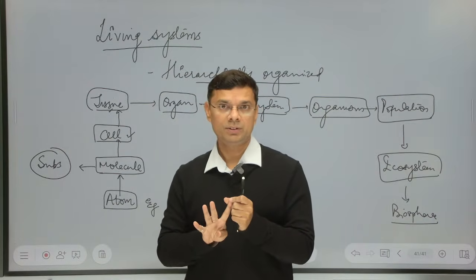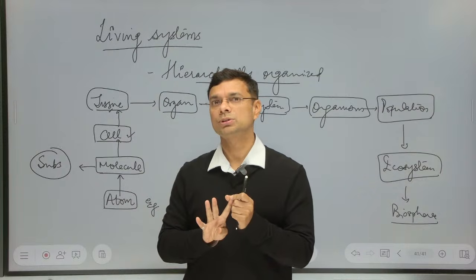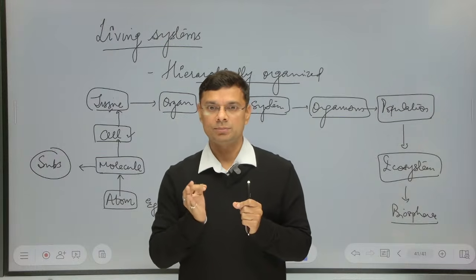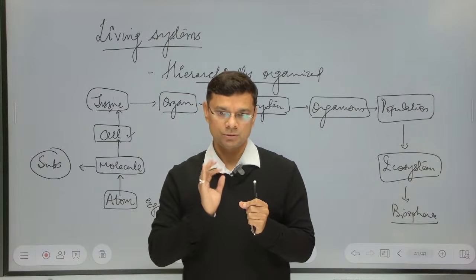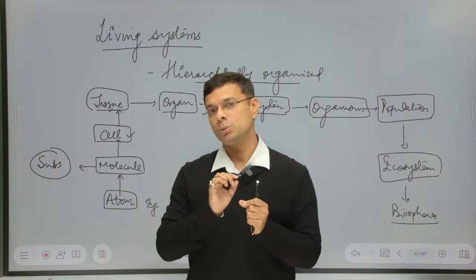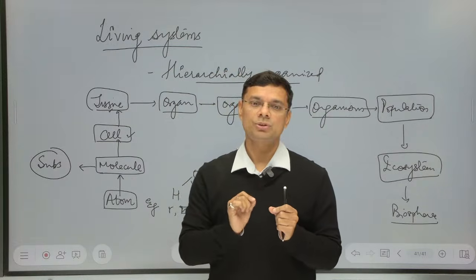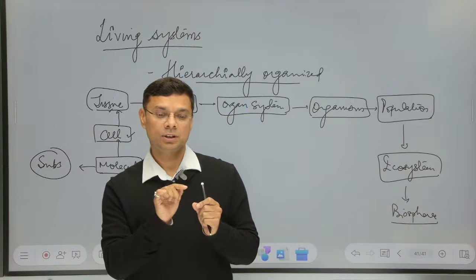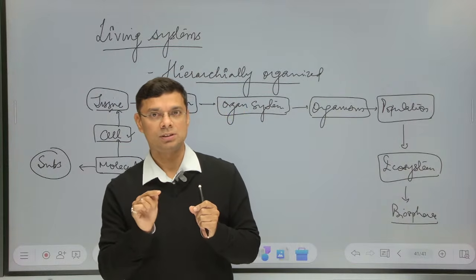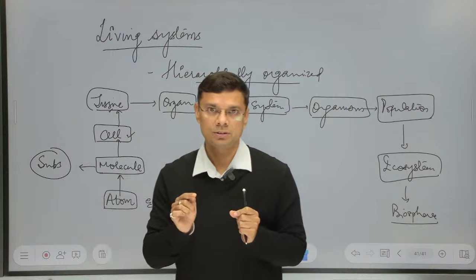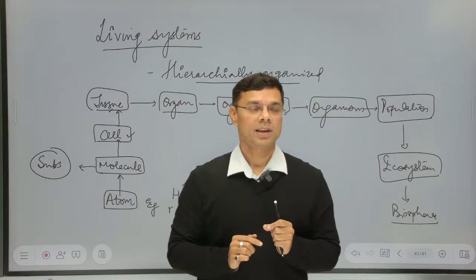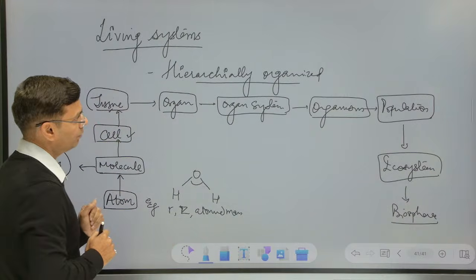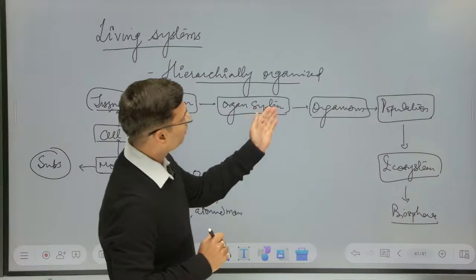So जब system की बात कर रहे हैं, so whenever we are dealing with living systems, so one more question is there, at which level of organization I am discussing and I am focusing, ओके। जो किताब में कोई भी लाइन लिखी है, सेंटेंस लिखा है, तो first you should clear at which level of organization I am talking about, ओके। Is it a cellular system, is it an interaction between cells, और is it an interaction between organs and organ systems, ओके। So this is the level of organization we have to take care, ठीक है।